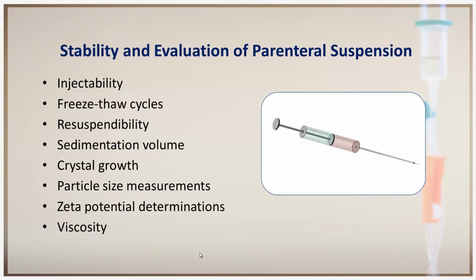So, these two properties, injectability and syringeability, are closely related to the viscosity and particle size. So, we have to ensure that the entire suspension passes through a 25 gauge needle syringe with internal diameter of 0.3